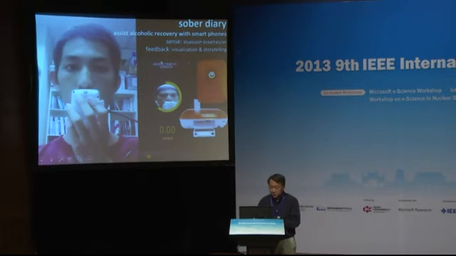And this is a screenshot of the mobile phone. We want to make sure that the user doesn't cheat, right? So we will turn on the camera, observing the user taking this test. And we also have markers. You can see this is the eyes, the nose. We will make sure we capture the user's face, okay, and the device. It also has a rechargeable battery, and this device will basically last a week.